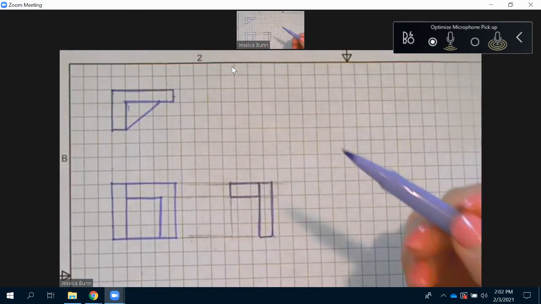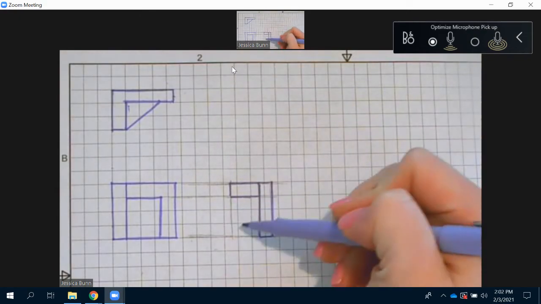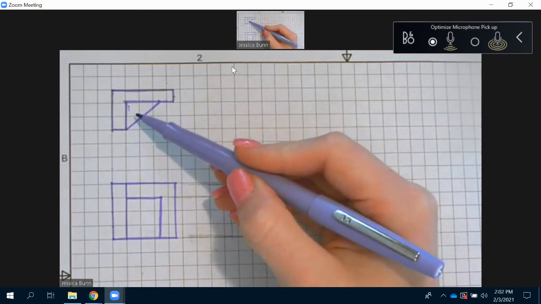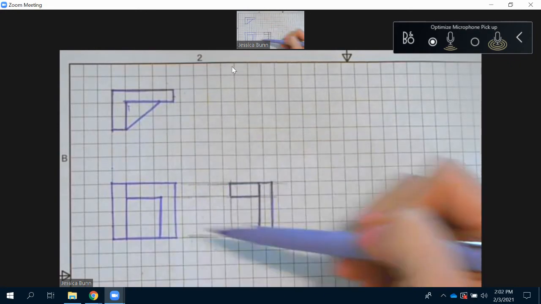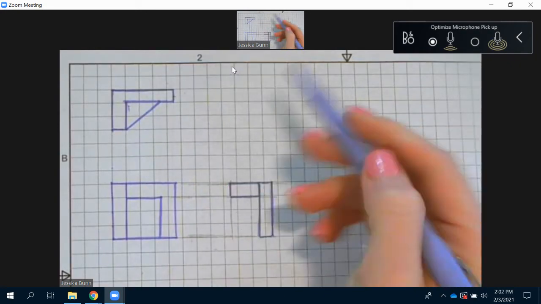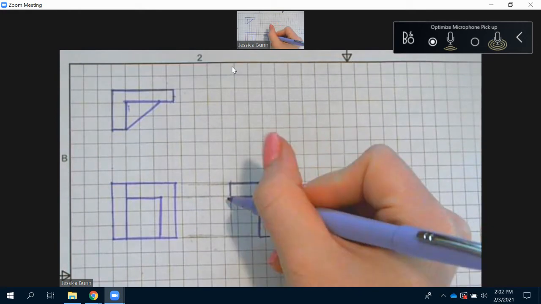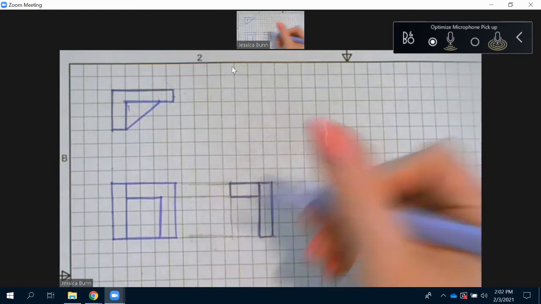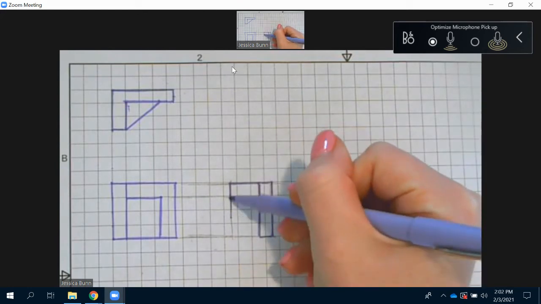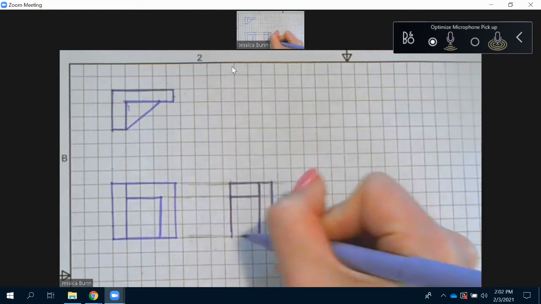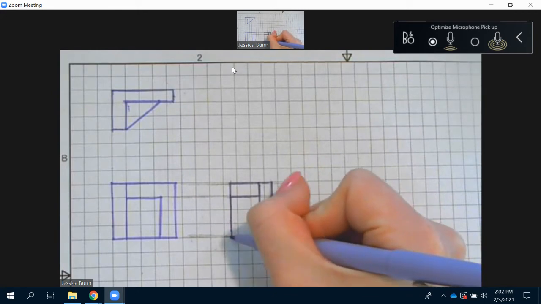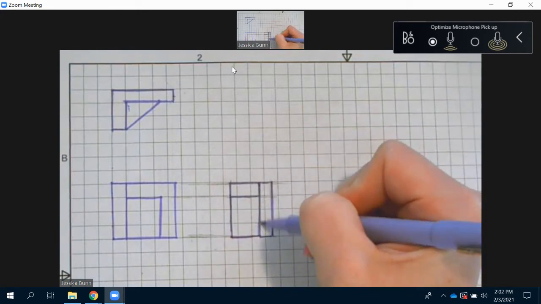Okay, and then we'll need the last rectangle for our triangular shape. Remember, it'll be a triangle in one view, rectangles in the other two. It has a depth of 4, which we already have, and a height of 6, which we already have. So we'll just need to go in and darken those, but make sure that you don't cross this line here